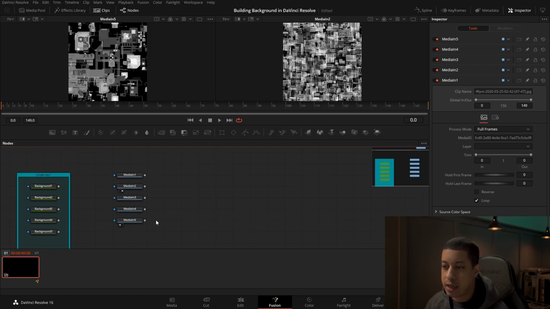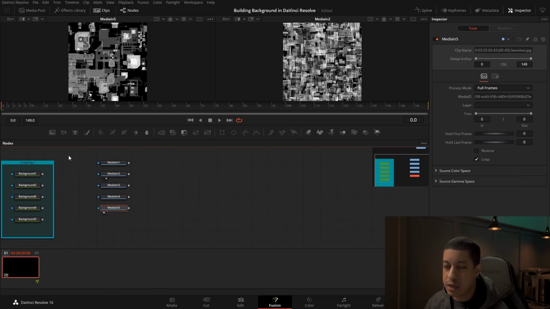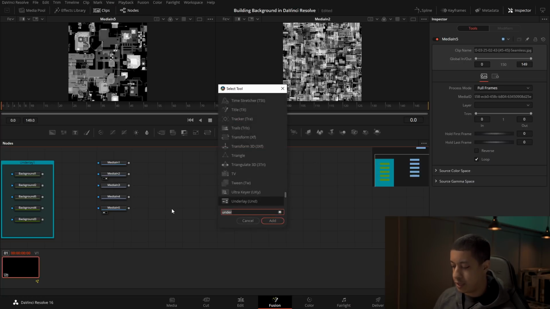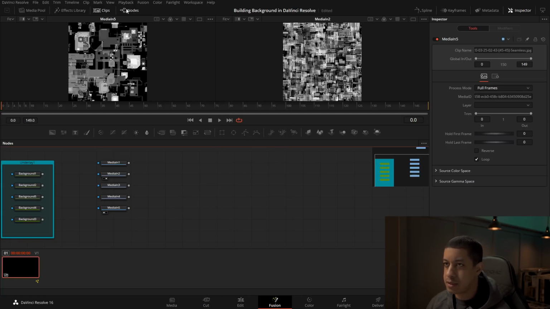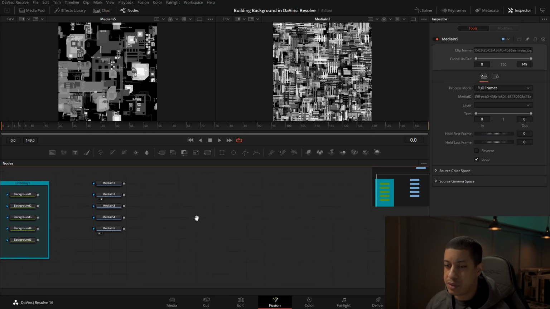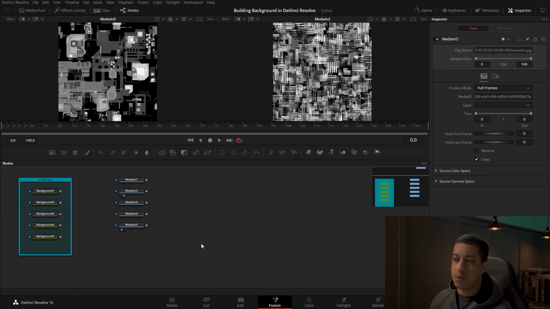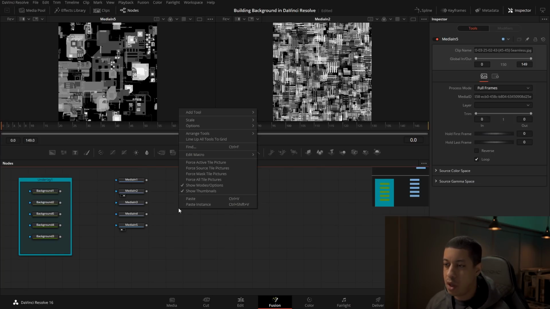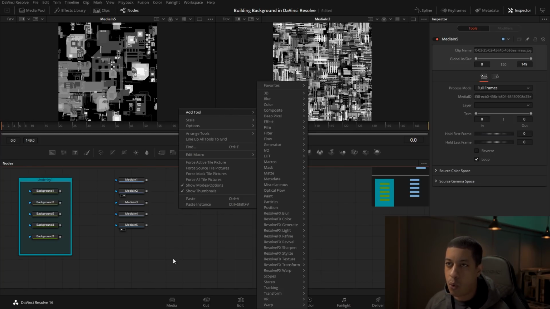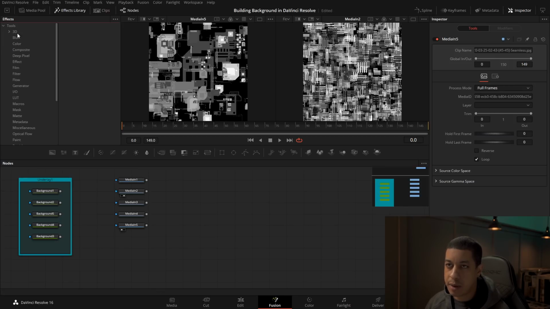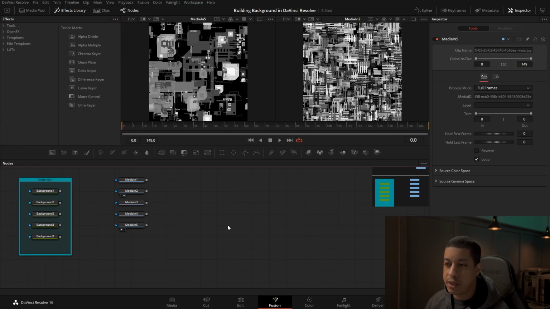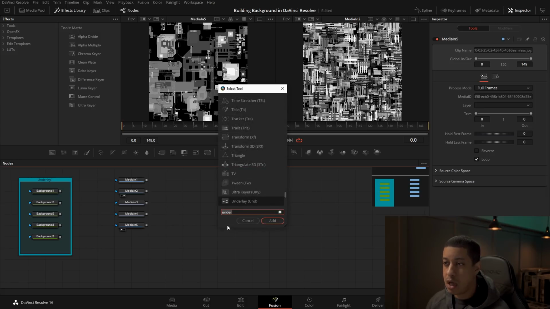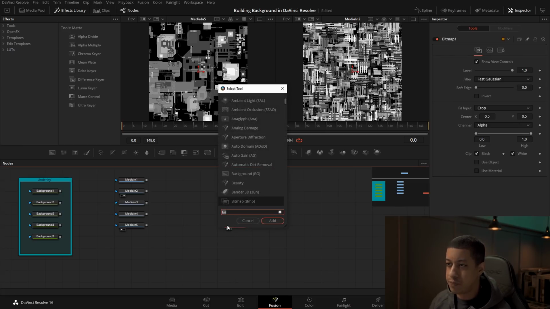One thing that I really like is, let's say this one here, we can do a couple of cool things. If you've never used the select tool, let's close some stuff actually. There's a few different ways you can get to tools. One, you have tools here. We can right click and go to add tool, or you can come to your effects library and you have all of your tools that you can go through and pick between. The other thing too is if you know your tool, a really quick way is you're going to hold shift and then hit spacebar. It'll bring up this select tool, and then in here we can type stuff in to get our tools as fast as you want.